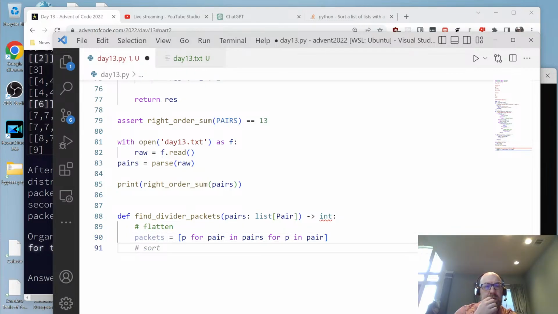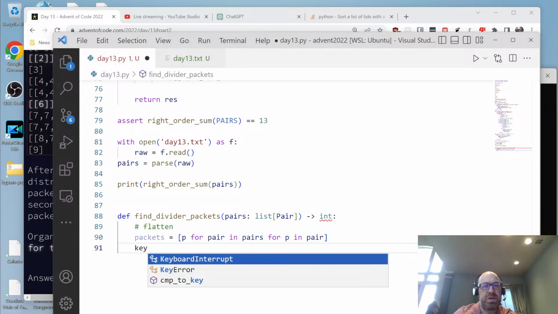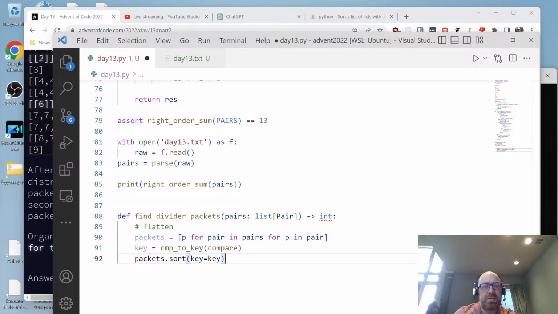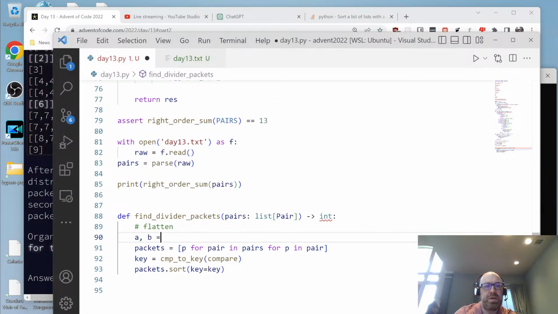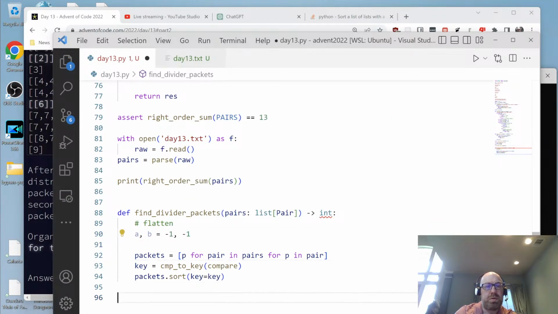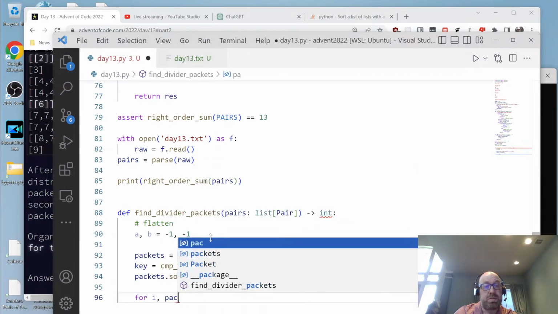And then let's say key equals cmp_to_key of compare. Packets.sort with key equals key. And let's say AB equals -1, -1 for i, packet, or